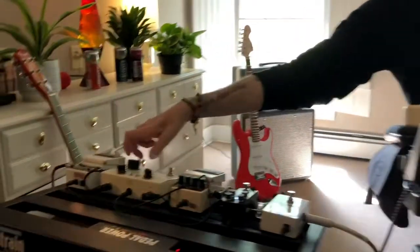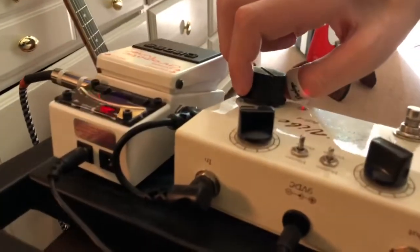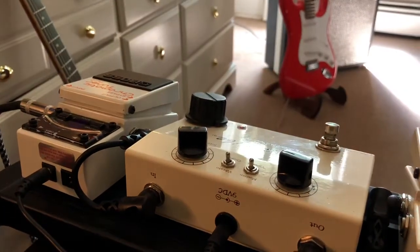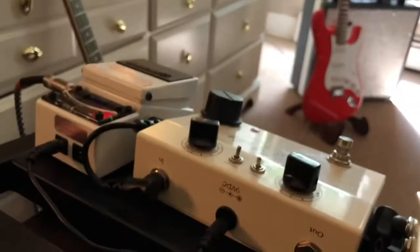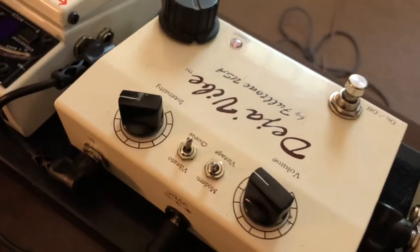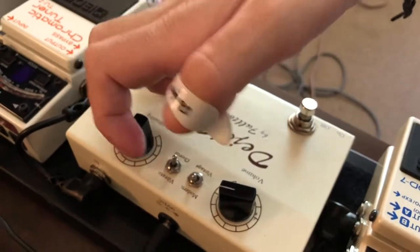You can control the speed of your modulation. So if you want to go a little faster, or slow it down a little bit. This is on the chorus. You also have a vibrato setting that's this in. That's what really gives it the chorus effect. You control the volume of it, you control the intensity of it if you don't want so much in the mix. I like a lot of it in the mix, but